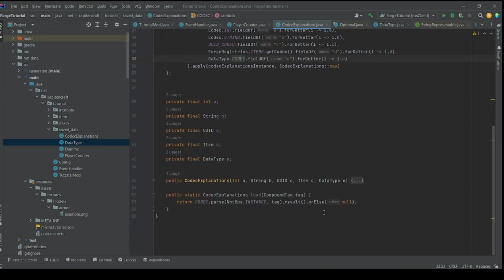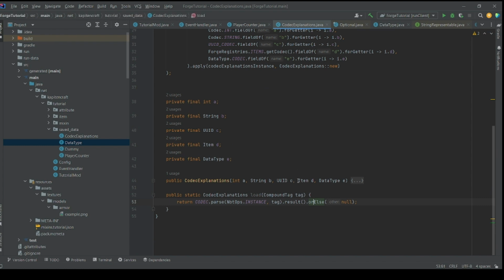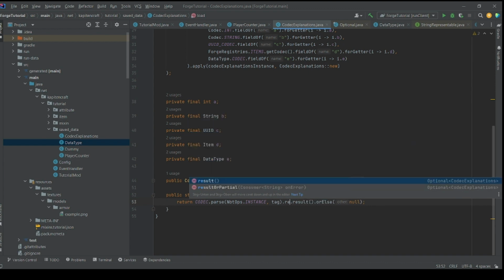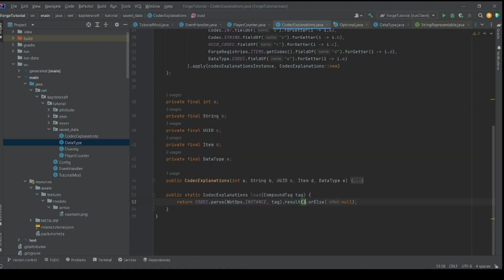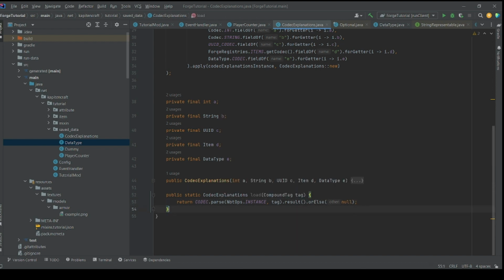And if it successfully manages to do that, the result will be a codec explanation, and then the or else will get the value. But if it fails at any point, the other will be just null and it will just return null. You can also result dot. Anyways, to save it,